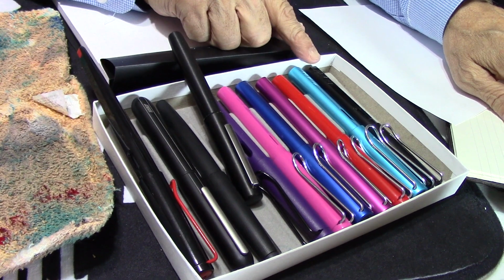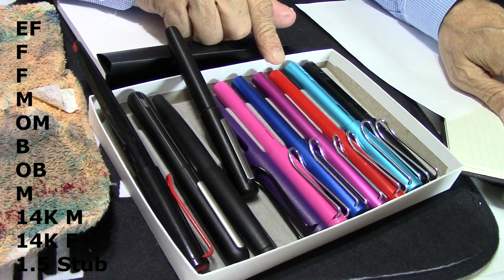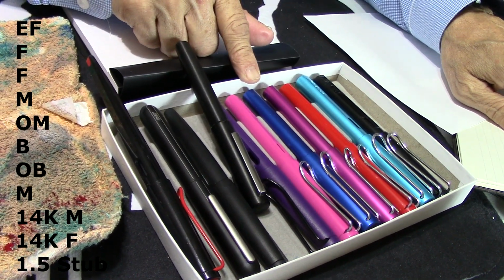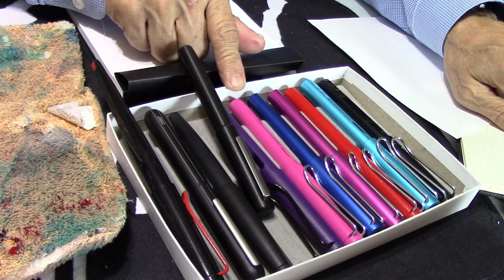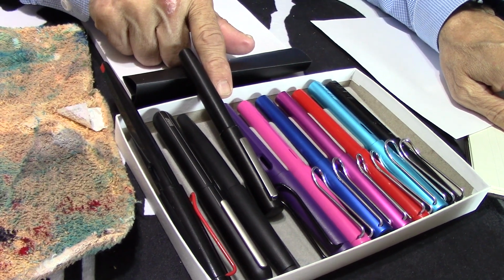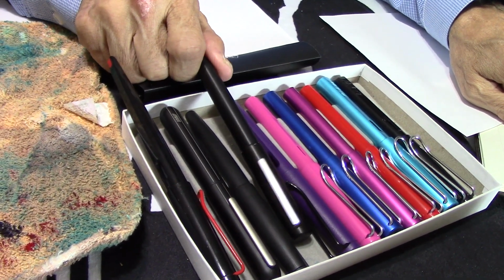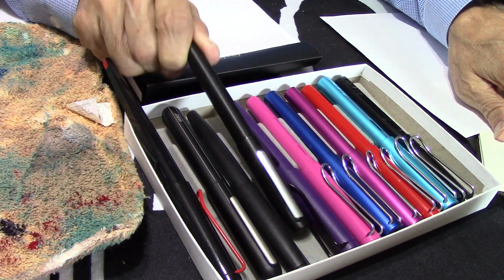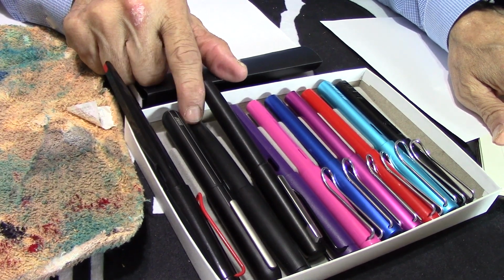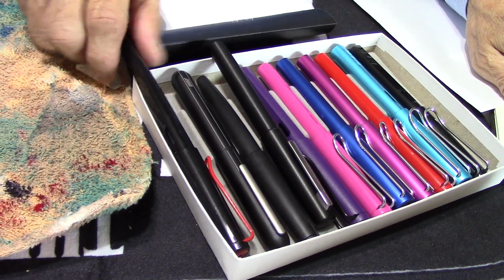I have the Lamy Safari Extra Fine, the All-Star Fine, Safari Fine, All-Star Medium, All-Star Oblique Medium. Safari is going to be a broad, and then the Safari again is going to be the oblique broad, and this is going to be the Aeon medium. In fact, I just did a review on that. Very lovely pen. And this is the Lamy 2000 with a medium 14K nib, the Dialogue 3 with a fine 14K nib, and the Joy